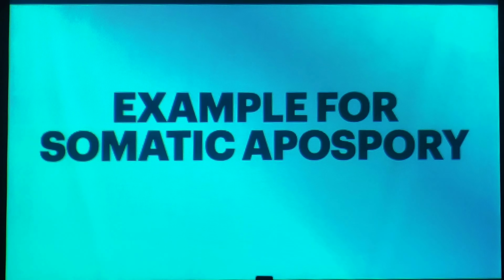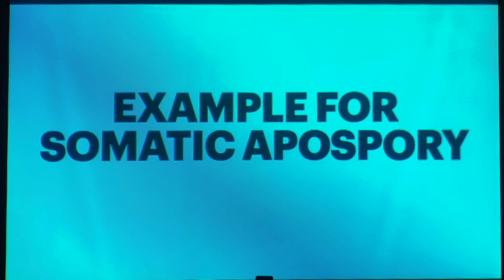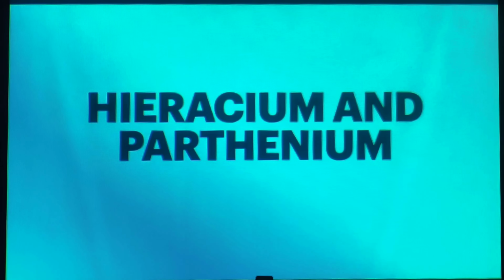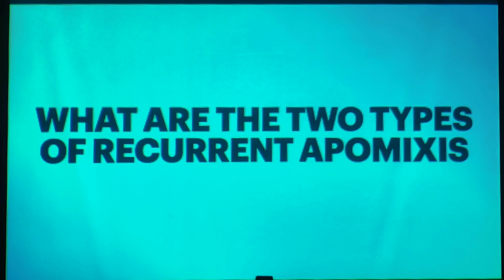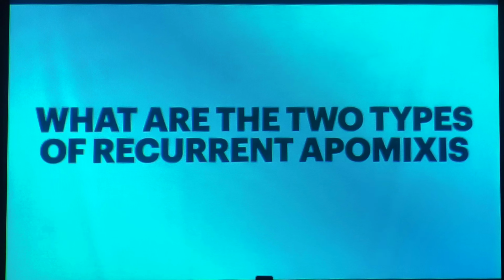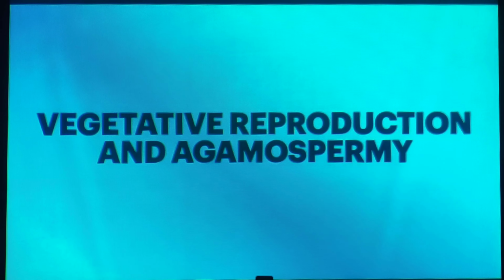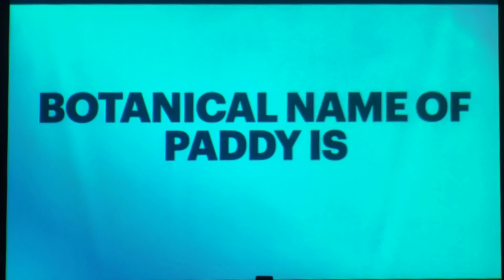Somatic apospory. Examples for somatic apospory: Hieracium and Parthenium. What are the two types of recurrent apomixis? Vegetative reproduction and agamospermy. Botanical name of paddy is